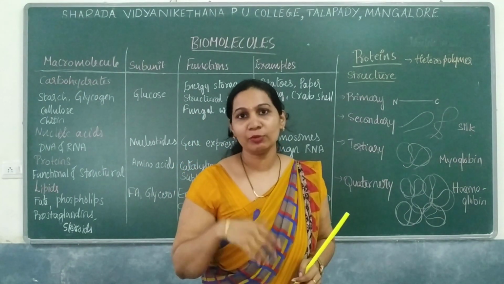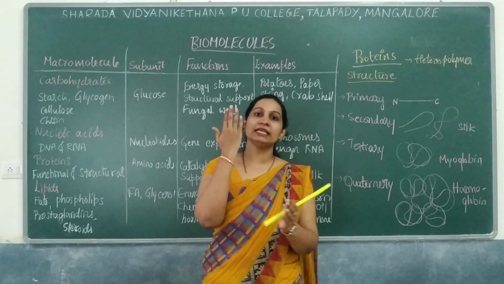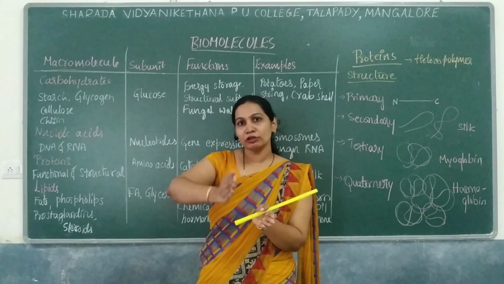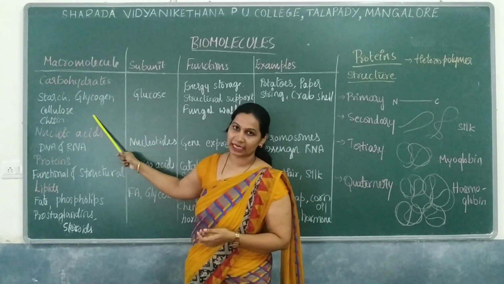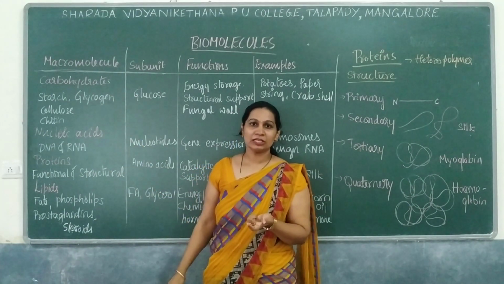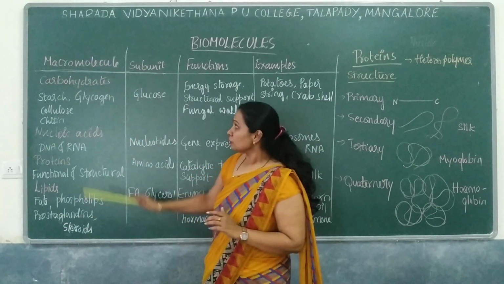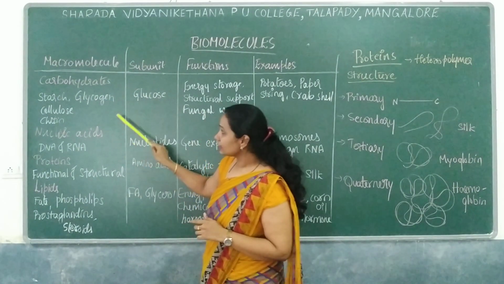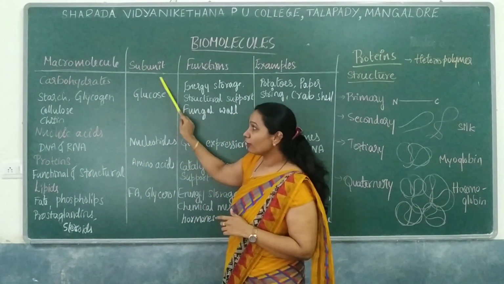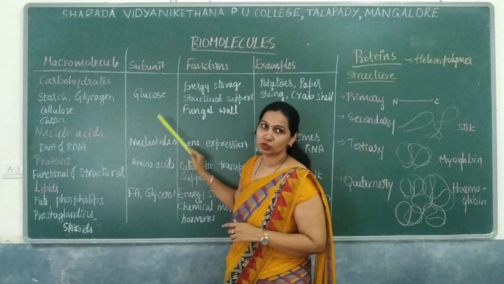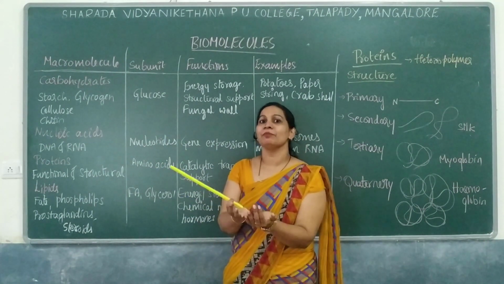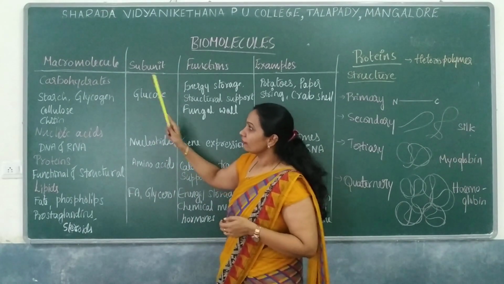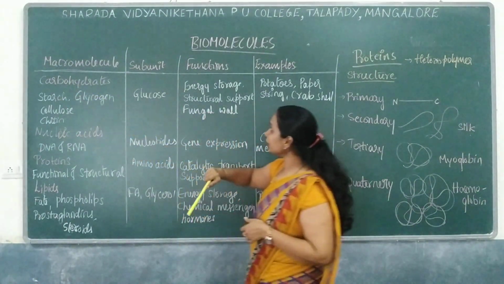Where these carbohydrates, as you know, there is a monosaccharide, oligosaccharide and the polysaccharide. This is nothing but a polysaccharide. It is mainly consisting of glycosidic bond. So all these are mainly made up of a monomer called glucose. Monomer is a single unit. Polymer is its combined form. So glucose.